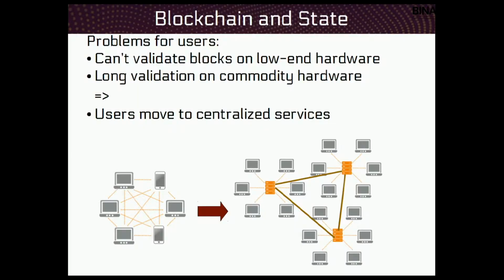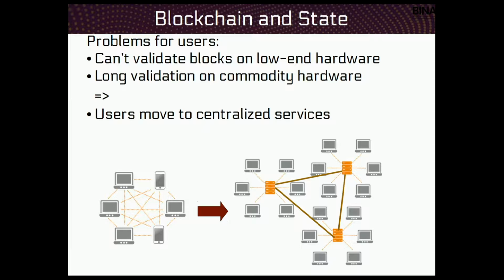You can still validate blocks on commodity hardware on your laptop, but validation will be very long. It's not user-friendly. You do not want to wait an hour before you can just send